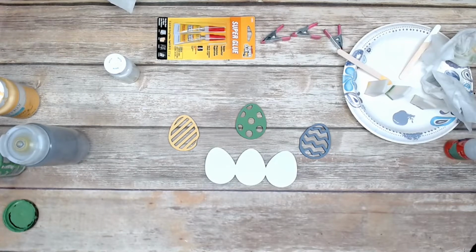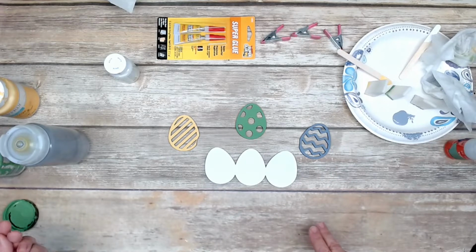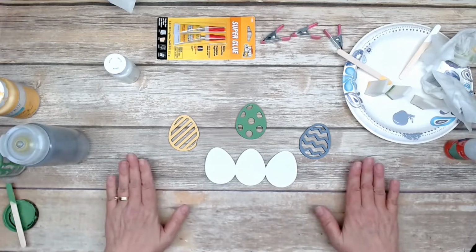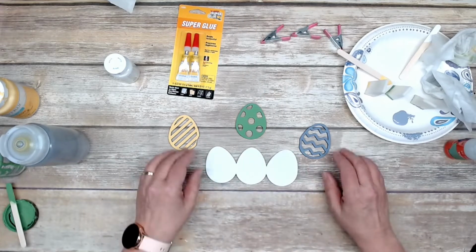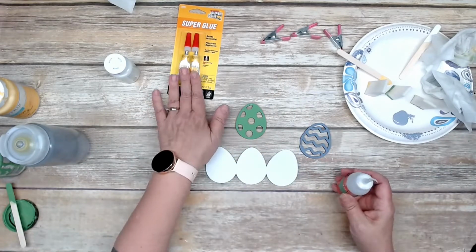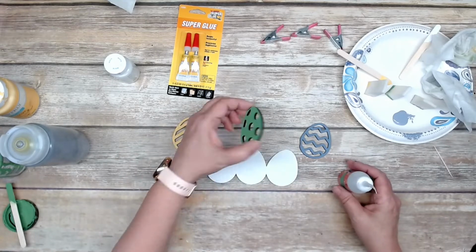So here it is after the second coat, and it's time to start gluing. So I'm going to get my glue ready, and I'd use a different glue. You can use that super glue from the Dollar Tree. That'll work just fine. I use this Star-Bond glue, and the only reason I use that is because I buy